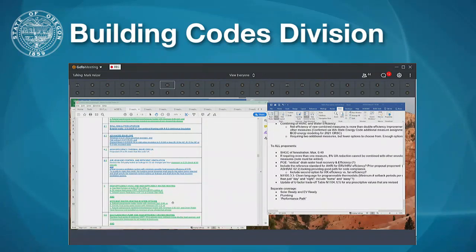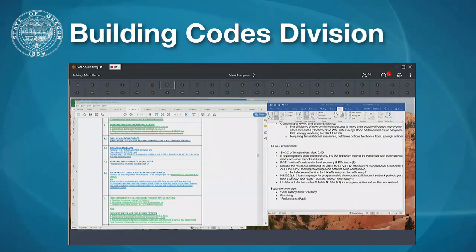Also, from something the division has noted, there have been questions about whether or not thermostats have to be programmable 5-day or 7-day. The division would like to consider cleaning up that language in section N1105.3.3, whether people are open to making sure that there is a minimum programmability for all home thermostats. We understand that hasn't been taken into consideration in some of the modeling. And of course, we will have to do something with the U-factor trade-off table that is in the code.